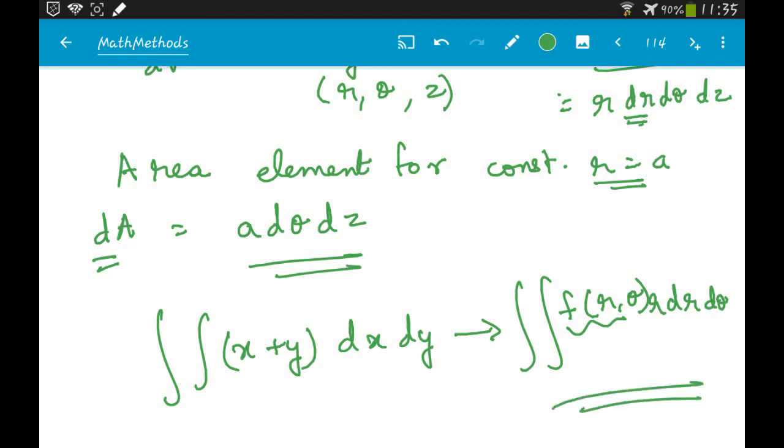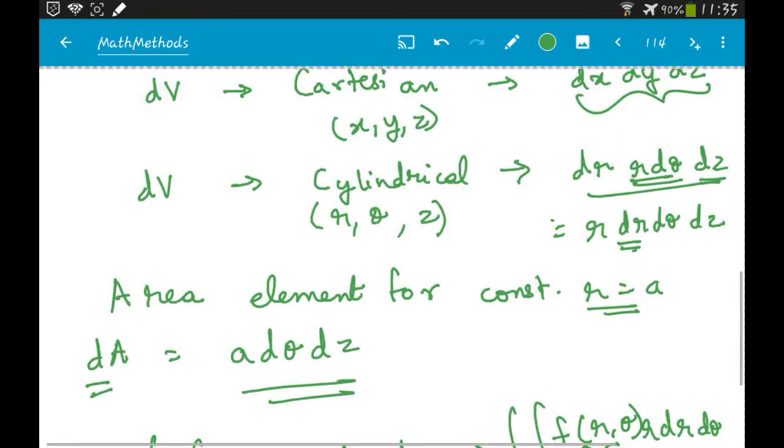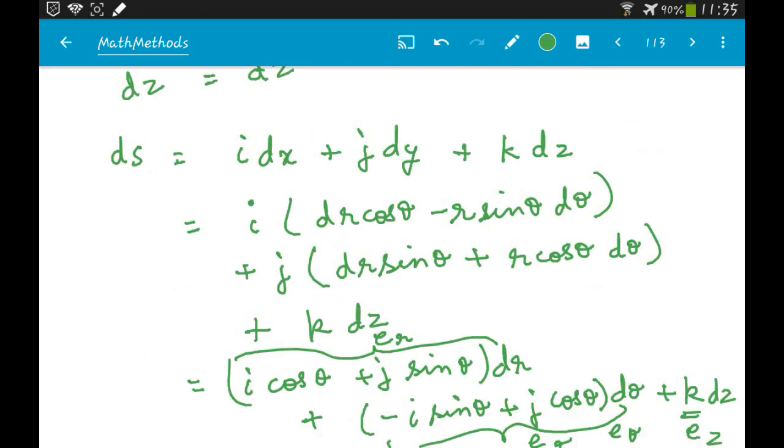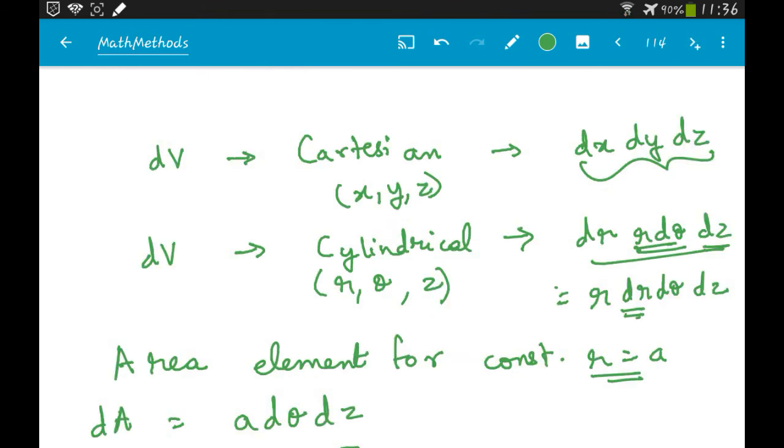Okay, we'll look at how we'll do this again. So now, I think I've told you everything. So this is going to be your change in arc length. This is going to be your unit basis vectors e_r, e_theta, and e_z, and then you are going to get the ds. You can get the ds square as well, and you can get the volume and area element as well.